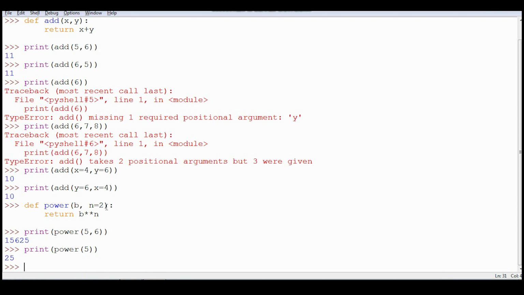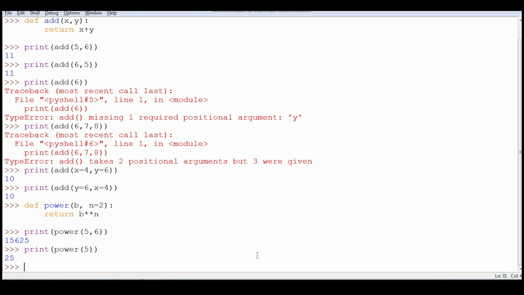Now let's move on to the fourth technique, that is variable number of arguments. Variable number of arguments means it gives the choice of passing any number of arguments at the time of call. There are many examples, and the best example is print itself. In the case of print, we can pass any number of arguments. There is no restriction. So the fourth technique is variable number of arguments. Now, how to indicate that this function is going to receive a variable number of arguments? We'll see with a small illustration.